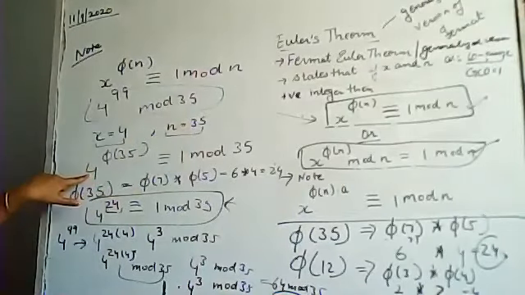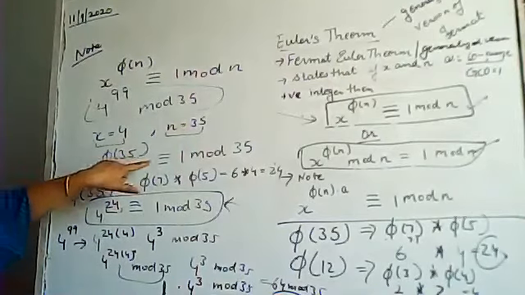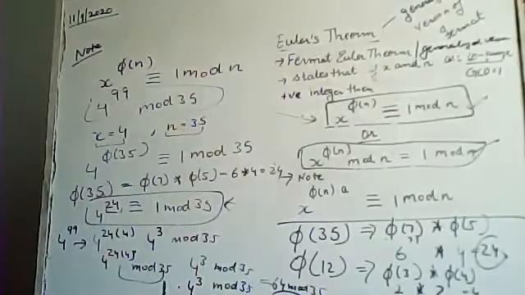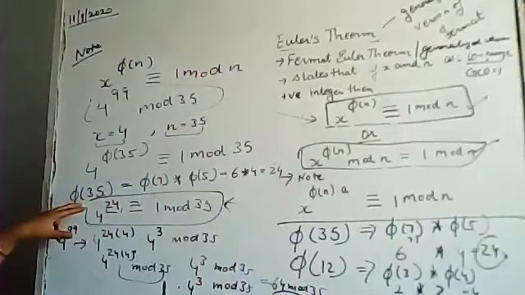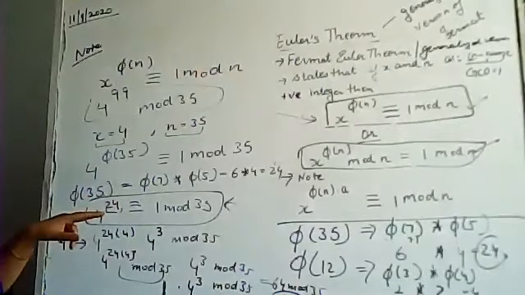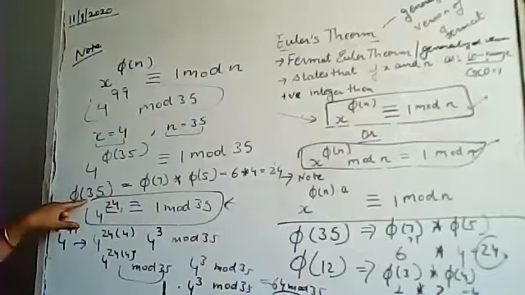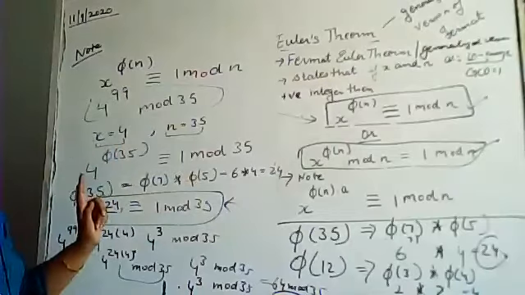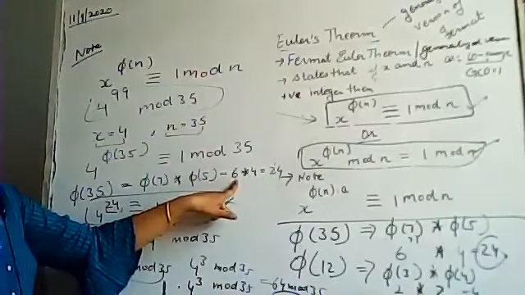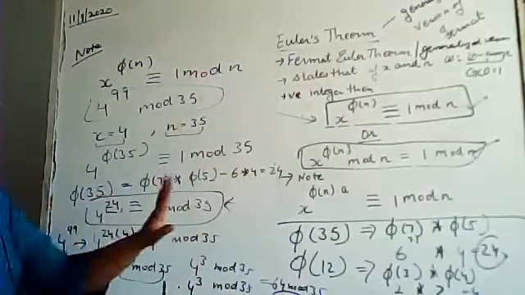Okay? So we have equated that particular value 4^35 congruent 1 mod 35. So what we have done is that we have calculated φ(35). We will first calculate the value of φ(35). In that particular case, we can get the multiple of that 35: 7 times 5 is 35. Both these numbers are prime numbers. Subtract 1 from each: 6 times 4 is 24.